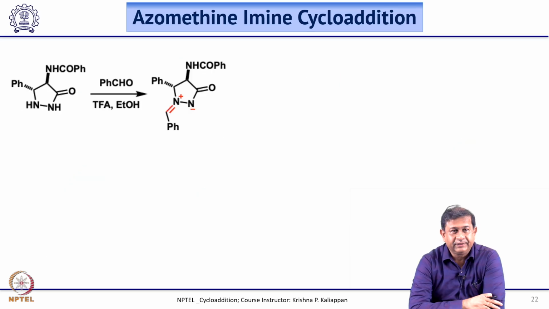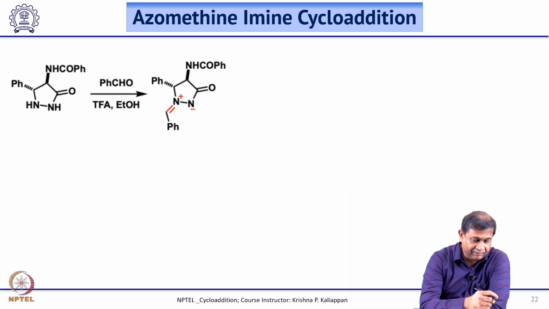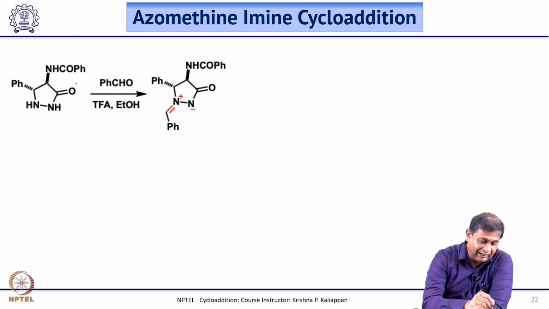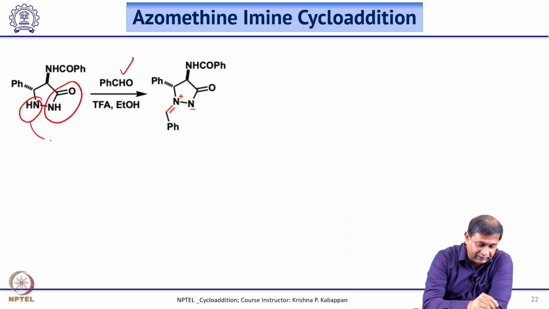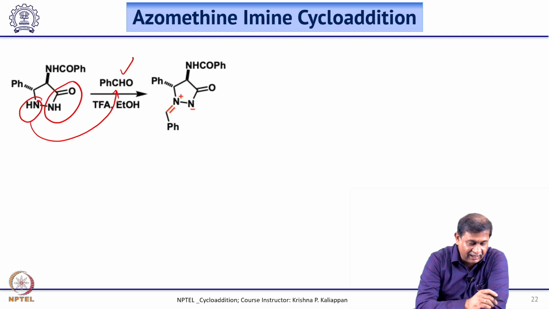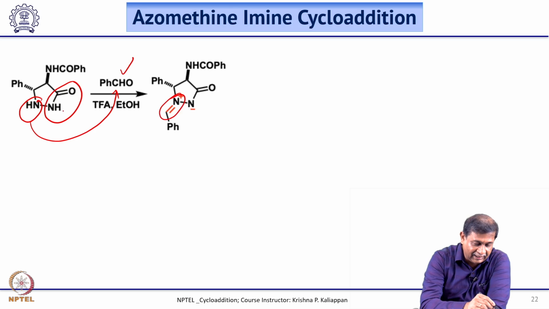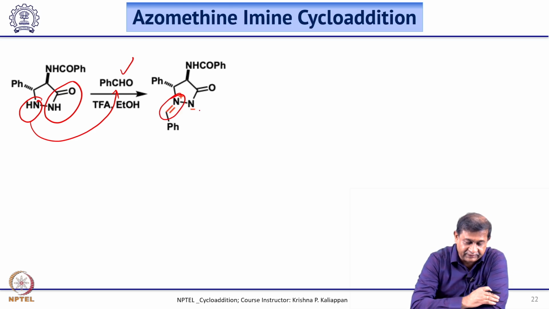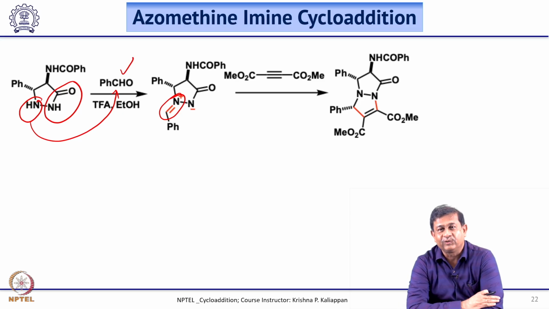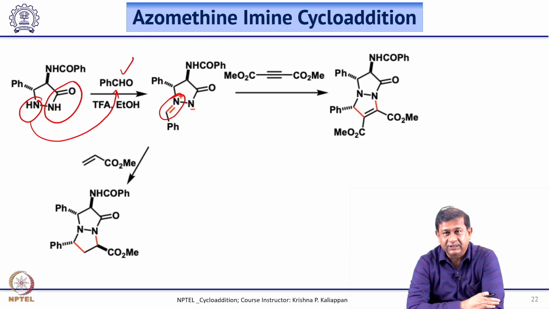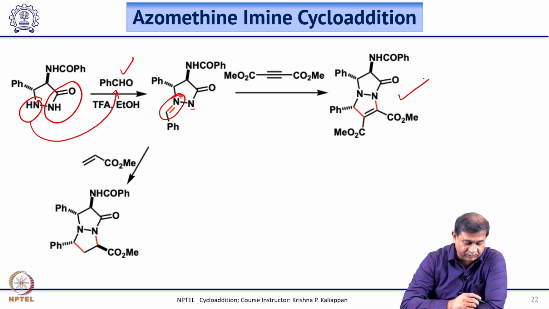Okay, so here you have a 5-membered compound. This is a lactam, this is a secondary amine. So when you treat this with aldehyde, only this amine will react, and that is where you see the formation of iminium ion, and this NH can be easily deprotonated, so you get this azomethine imine, and that can undergo 1,3-dipolar cycloaddition with various dipolarophiles, and here it reacts with dimethyl dicarboxylate to give this bicyclic compound, and it